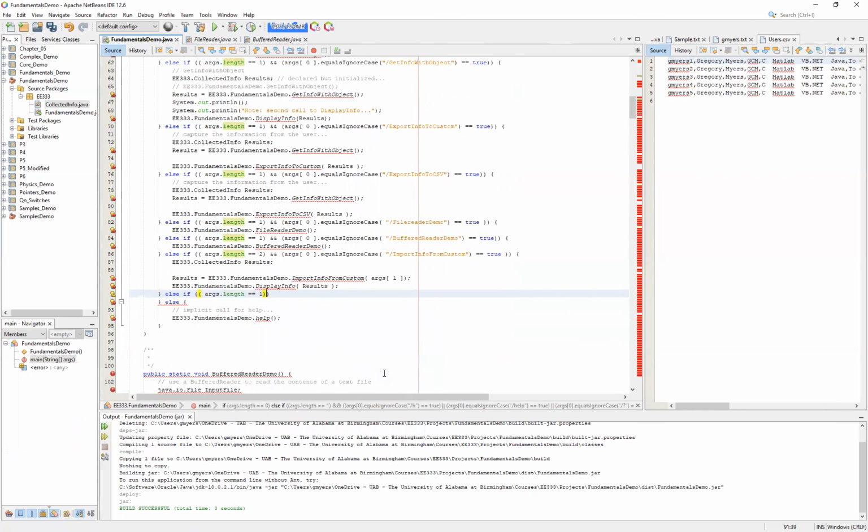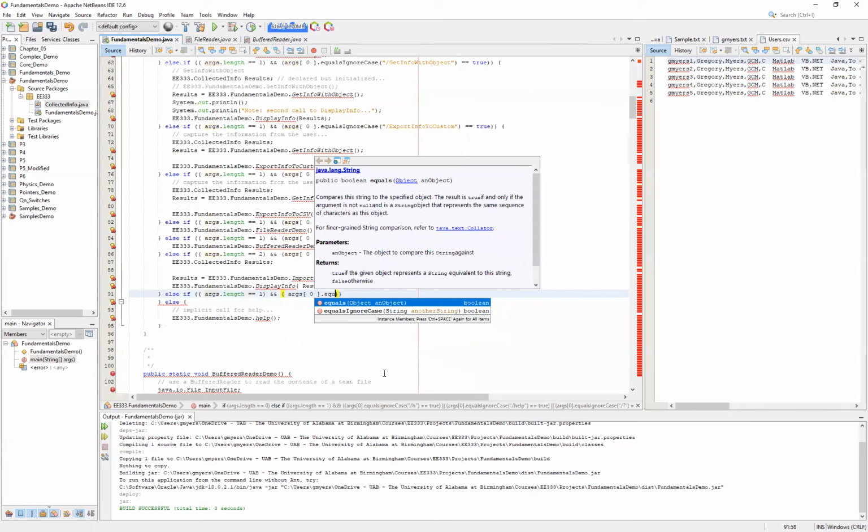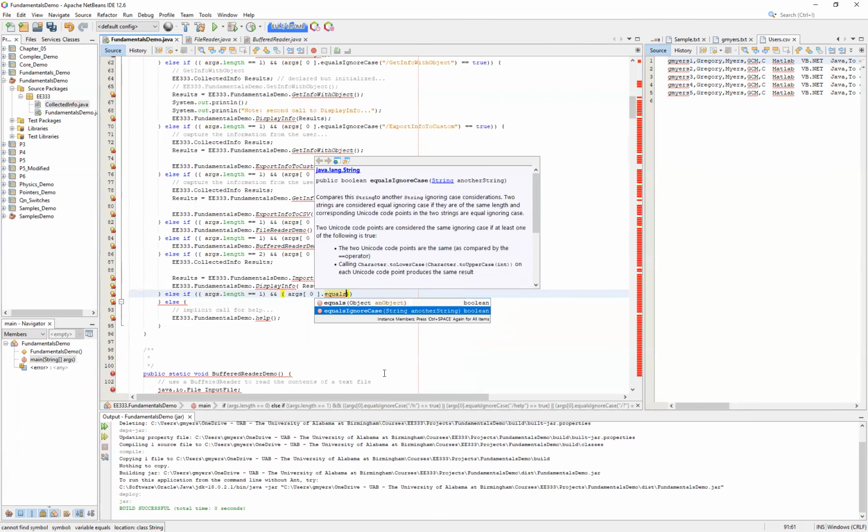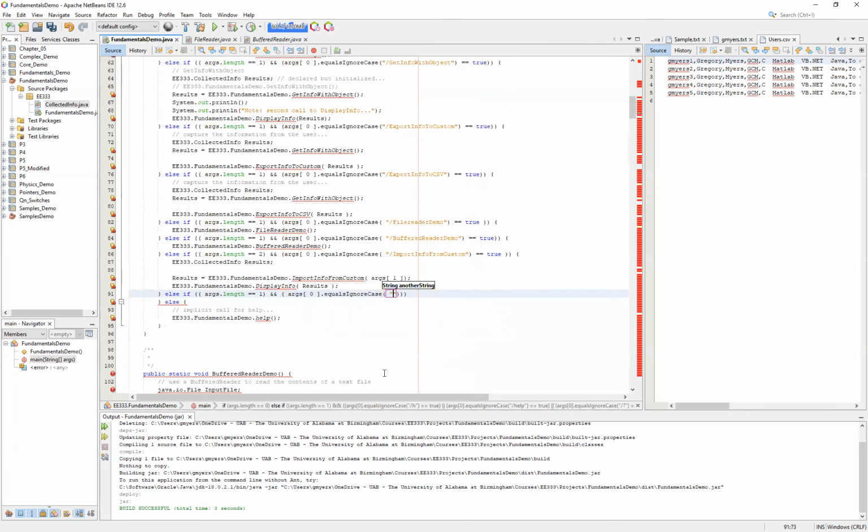We only need one argument for this particular example, and args[0] equals, ignore case, will simply be the import info from CSV using arrays. And if that is true,